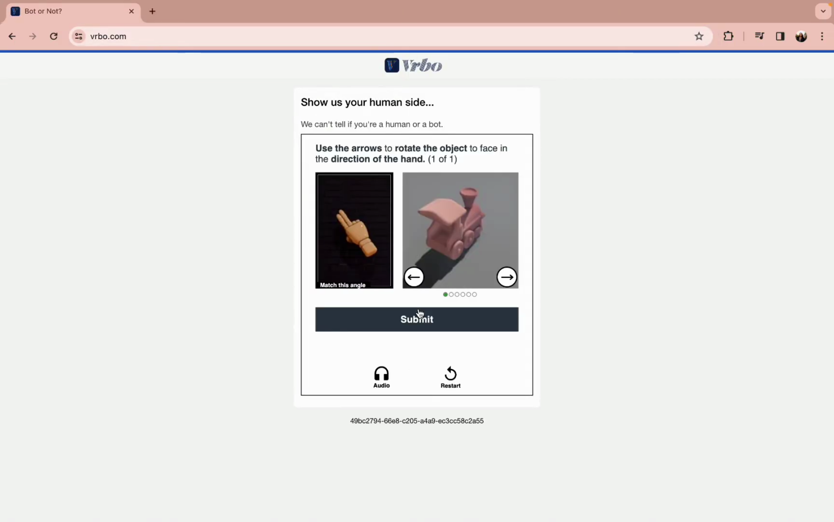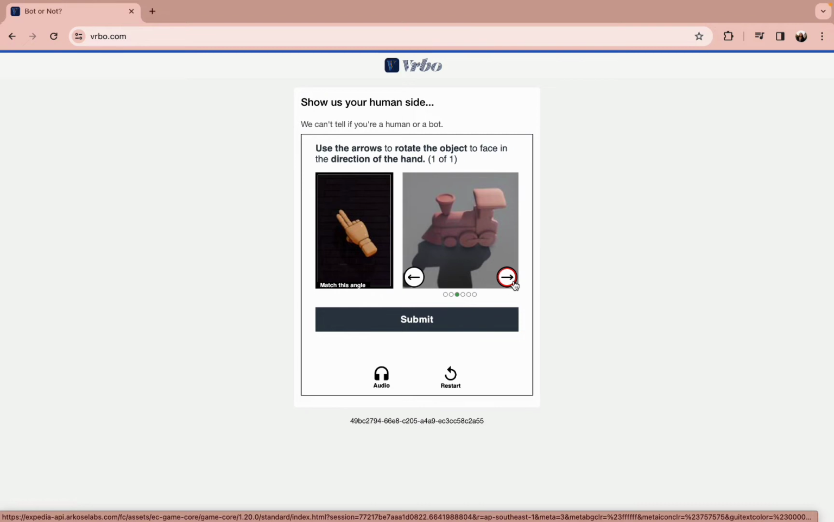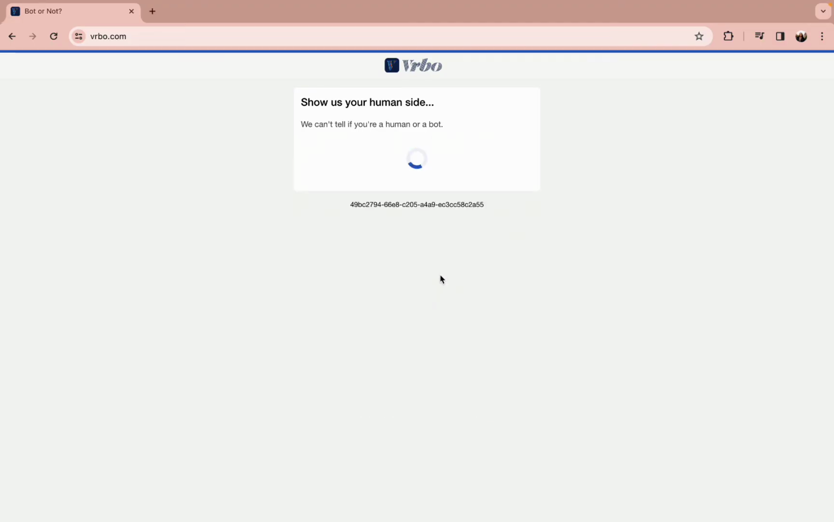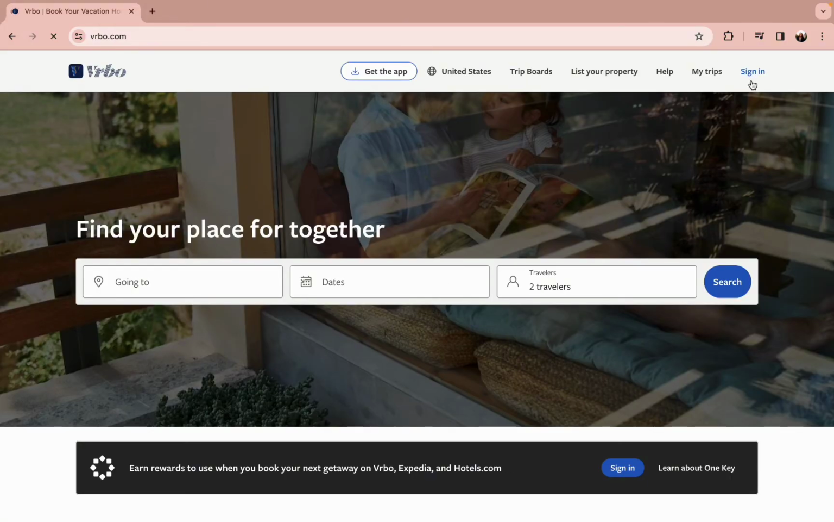However, before that, you need to verify that you are a human being by following the on-screen prompts given on this screen and by simply proving yourself by giving the correct answer to the AI. So after the verification is completed, you will be taken to the official website of Vrbo where you can find